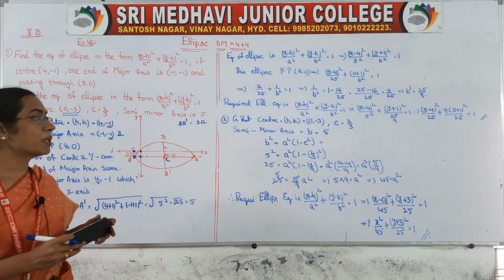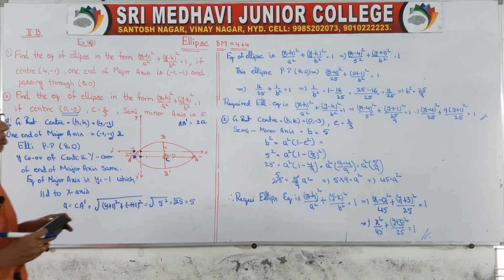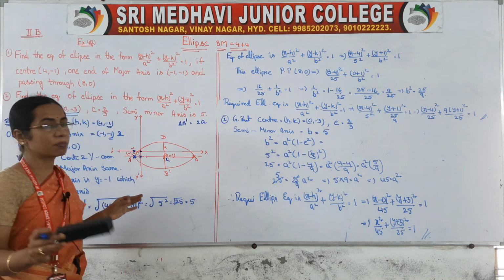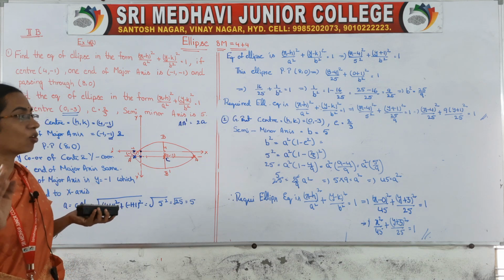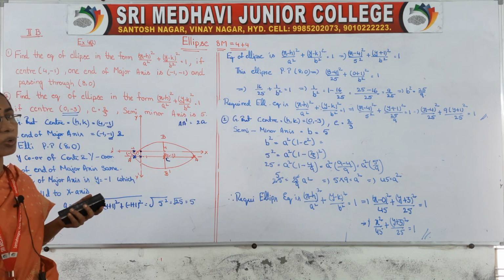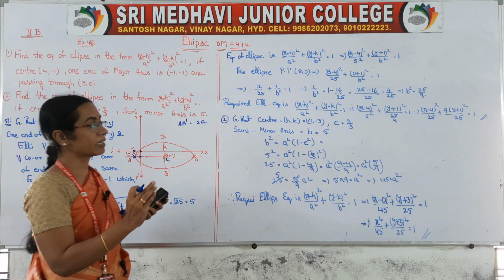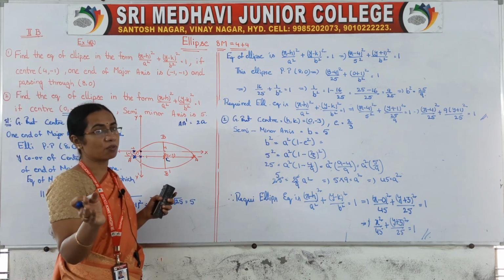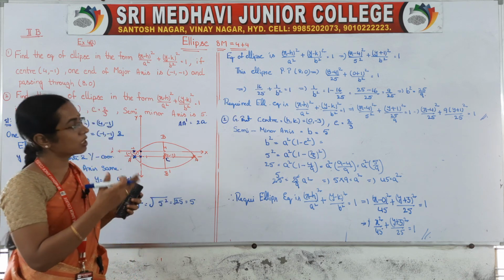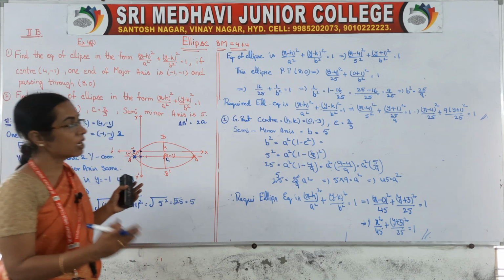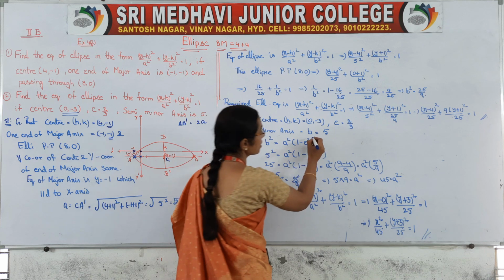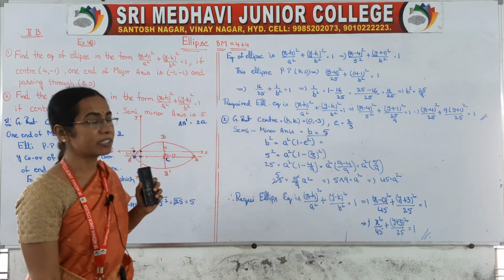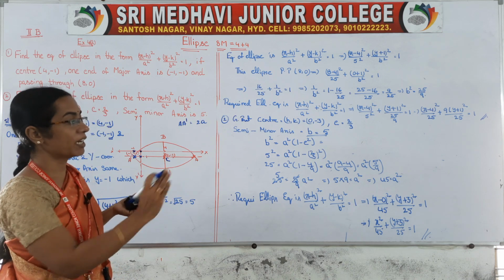Okay, so semi-minor axis. In this question, generally if nothing is mentioned, we will take the length of major axis as 2a and length of minor axis as 2b, small b, right. So semi means half, semicircle, half circle. So semi-minor axis means half of your minor axis. Minor axis length is 2b, half means b. b is equal to 5 is given to you. With that you find your a.